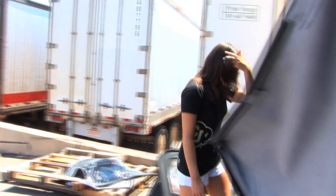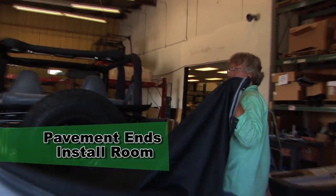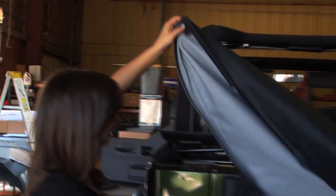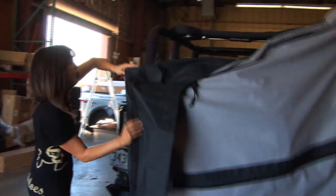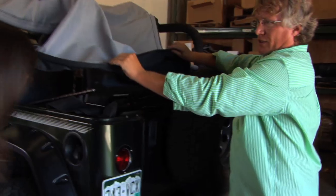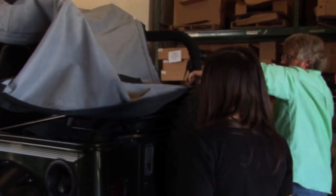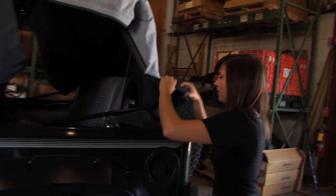Yeah, just the main deck. So we're gonna just basically get this fabric out of the way for a minute. Okay. And flip it up over the top of the roof of the roll bar. This is the front. This is what goes over your windshield. So we're gonna start with this and put it on the windshield channel while the windshield channel's upside down here